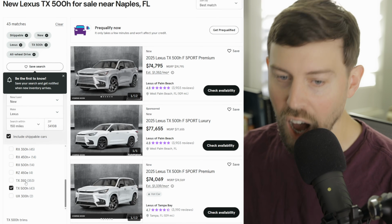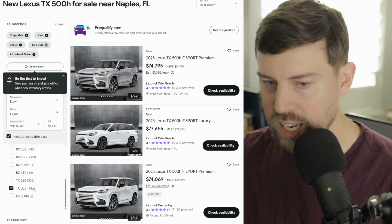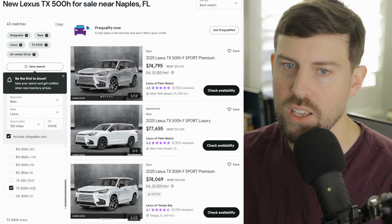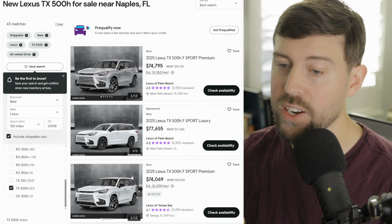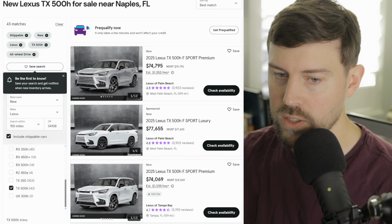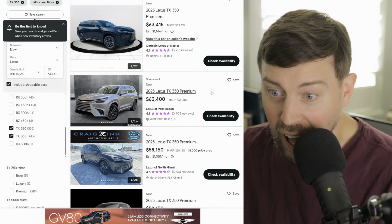There are 353 4-cylinder non-hybrid versions with the TX 350, and there are hardly any, just 43 500Hs within a 150-mile radius of where I live. All right, so finding a 500H is going to be very difficult in comparison to the 4-cylinder. Now, if we look at the 4-cylinder models, guys, I just want to look at how cheap you can get them. There's still